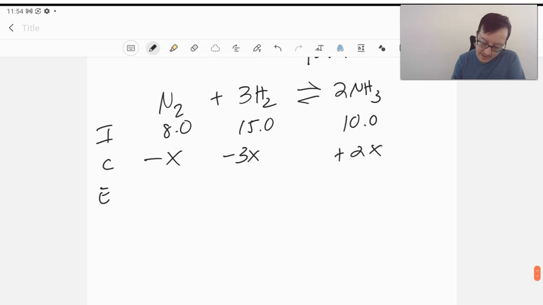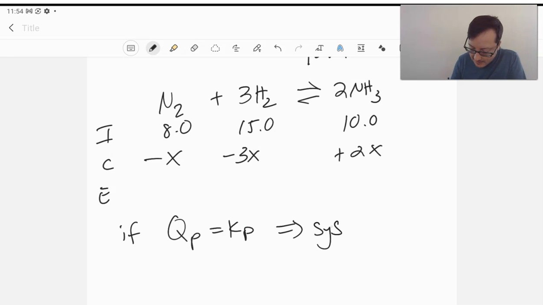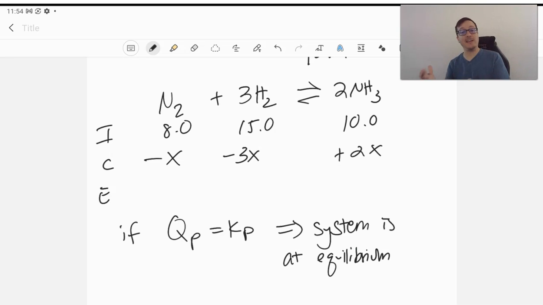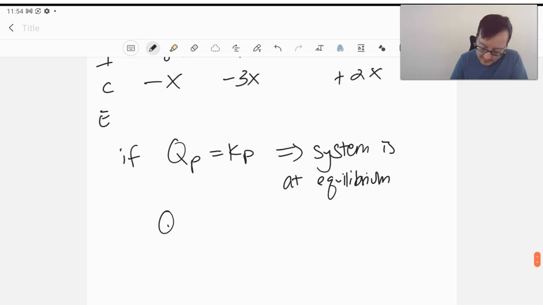Lastly, if Q equals K, that means that the system is already at equilibrium, if we have them equal to each other. Remember, Q can be done at any time. K is only for equilibrium. And so, if they are already equal to each other, we're already at equilibrium. If Qc is greater than K, or I'll just say Q is greater than K, could be either C or P,